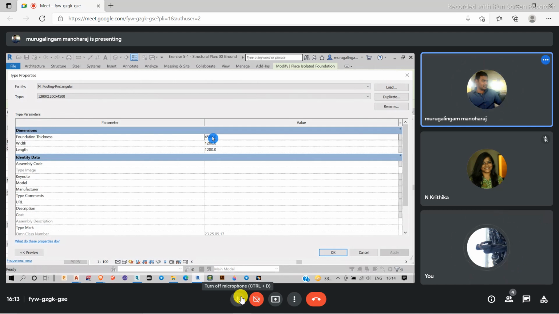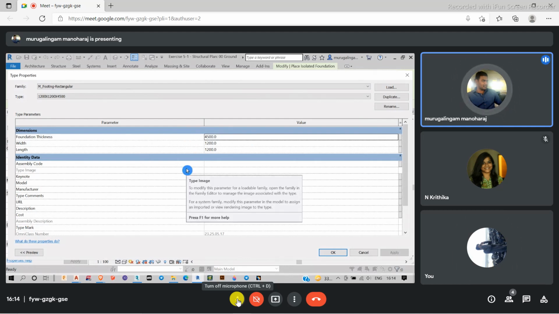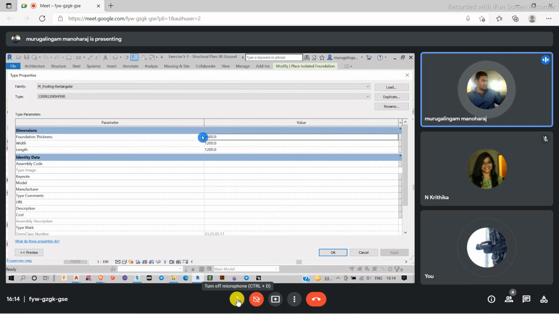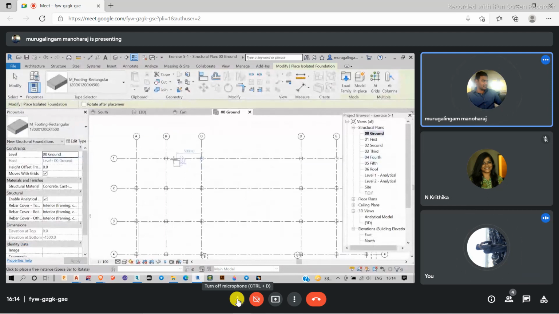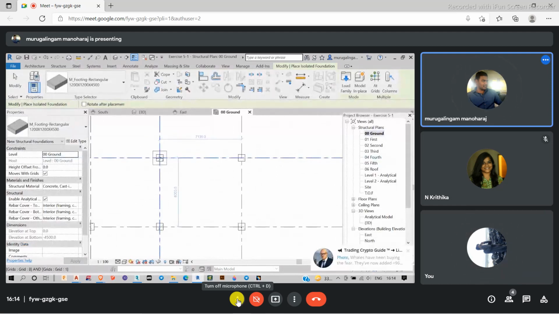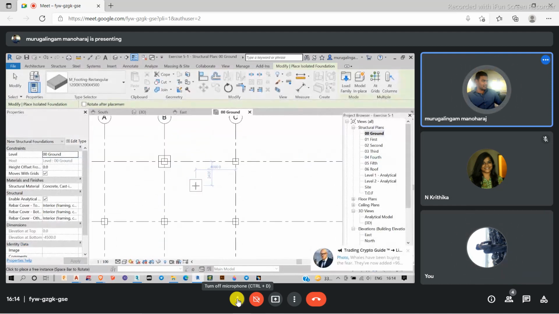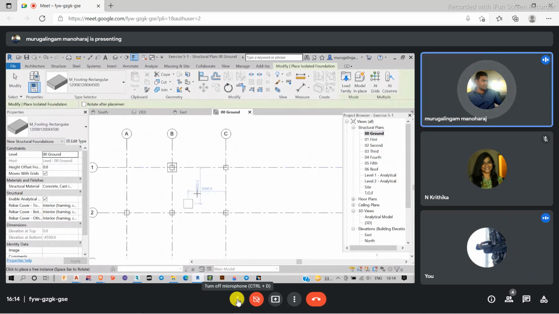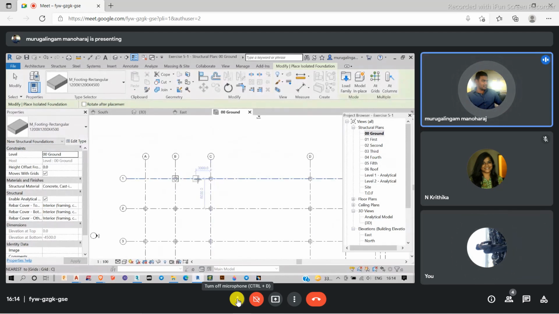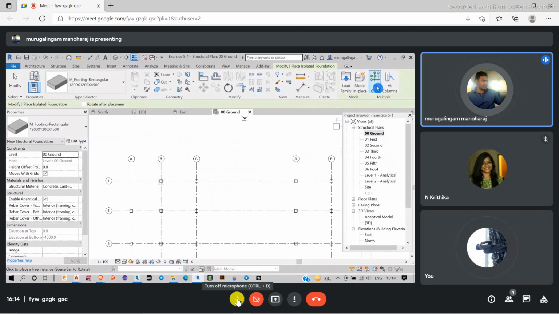Yes, sir. Right, just change this value, similar to columns. I was just changing the column values in the first class. Again, I'm changing this value as per my wishes. Okay, I'm just clicking OK and that's it. So the same way I have to put my foundation all over here. So instead of putting one over another, what I'm going to do is use the same option we used in the first class,